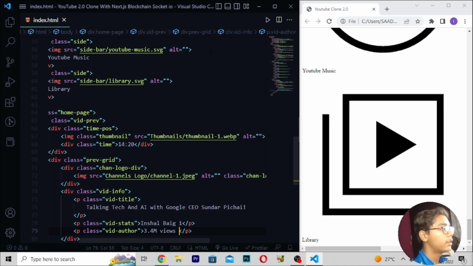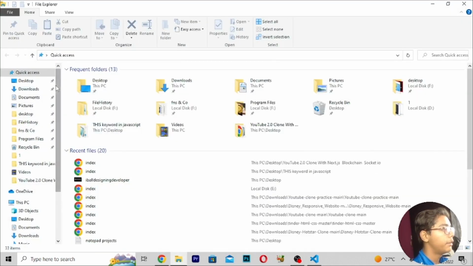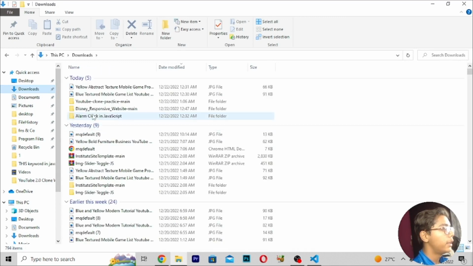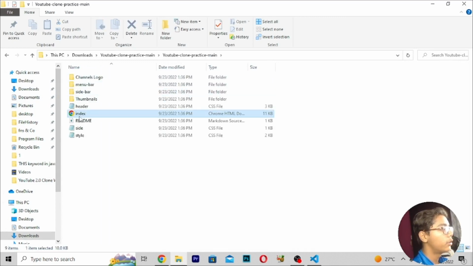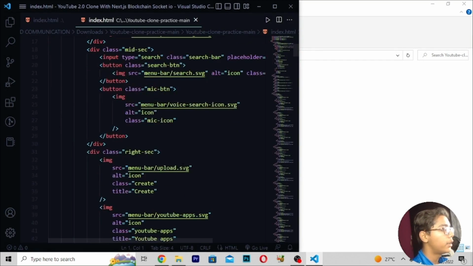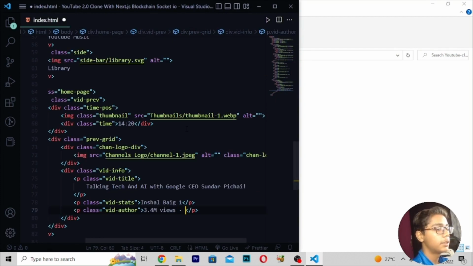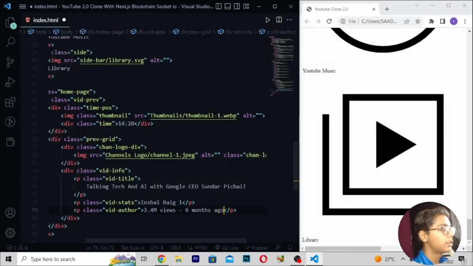We are only getting this dot in YouTube videos, so here I will be doing one thing, I will be moving here in this browser, then here we have to get the dot on YouTube. So I will be moving down, this was the dot which we needed, so just copy this dot and then paste it here. Here I'll be writing 6 months ago, so you can set any time, here I am setting 6 months ago. Save this, reload.